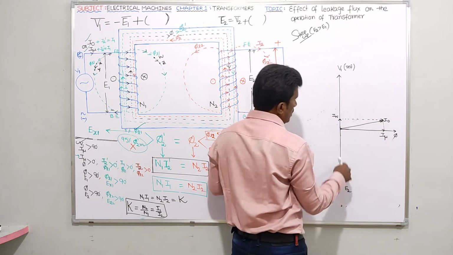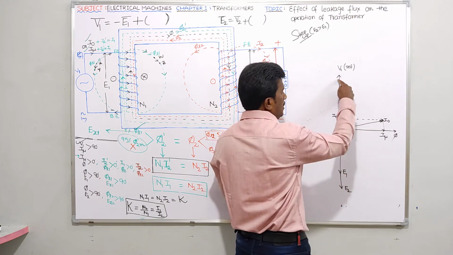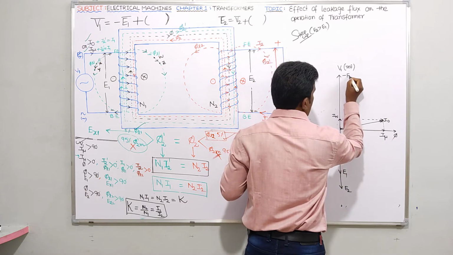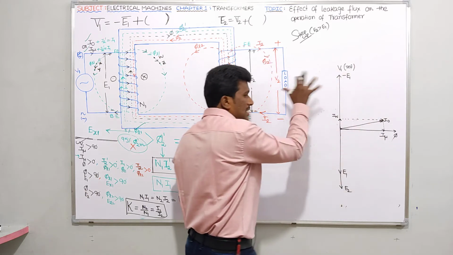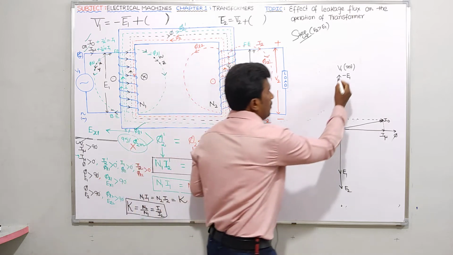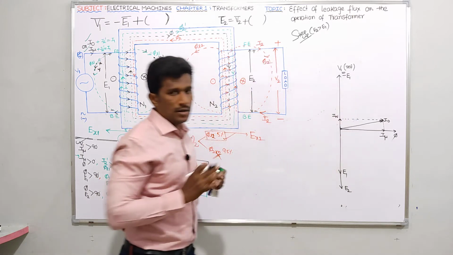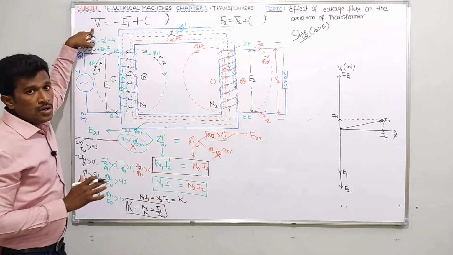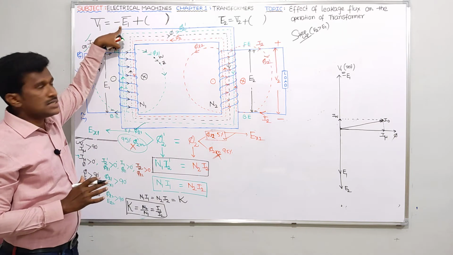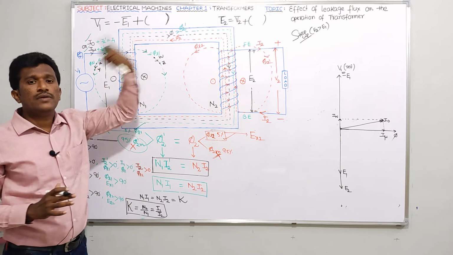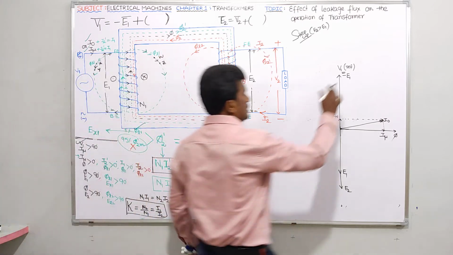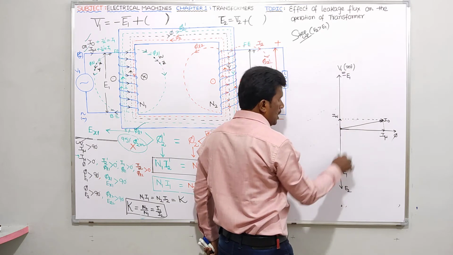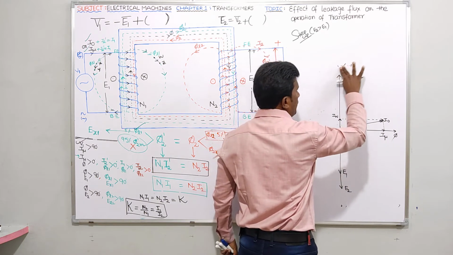See, ideally, no doubt it is minus E1, no? This is no doubt minus E1. But in this case especially, don't write V1 equals to minus E1, which is wrong. Because I said when you get V1 vector from this minus E1 vector, something should be added. Then only you will get V1 vector. So no doubt it is minus E1, because if it is E1, it should be minus E1, 180 degrees apart.